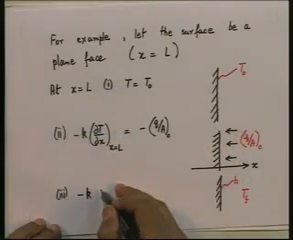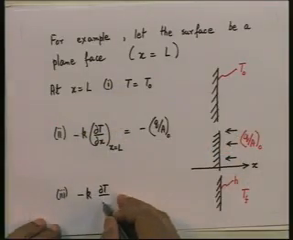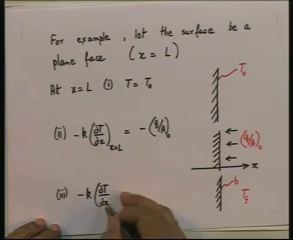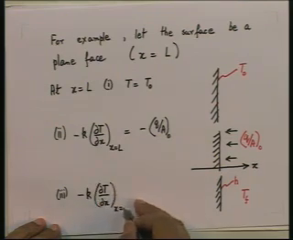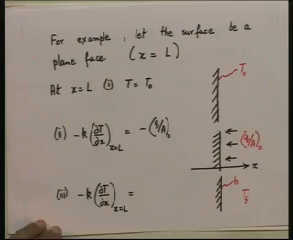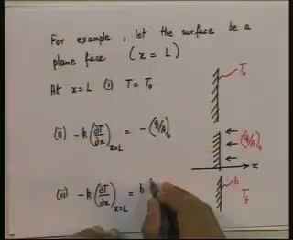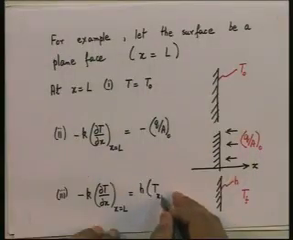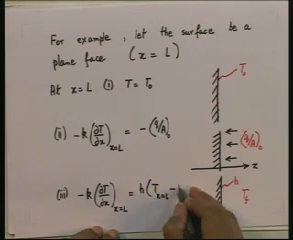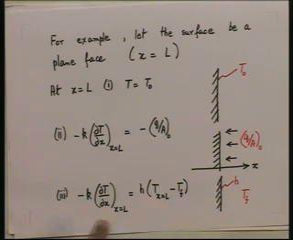So, the third type of boundary condition would be minus K dT/dx at x equal to L. This is from Fourier's law of heat conduction, and this heat conducted must be equal to h times T at x equal to L minus Tf. Newton's law of cooling, heat flux equated to the heat flux by Fourier's law of heat conduction at the interface